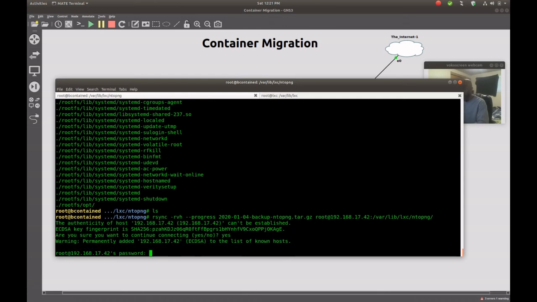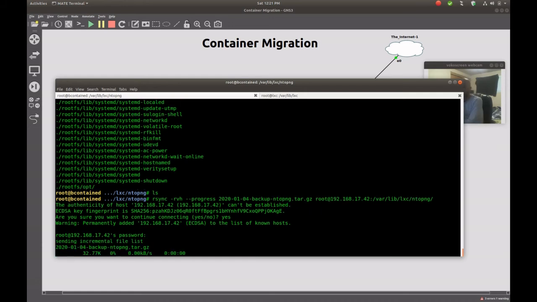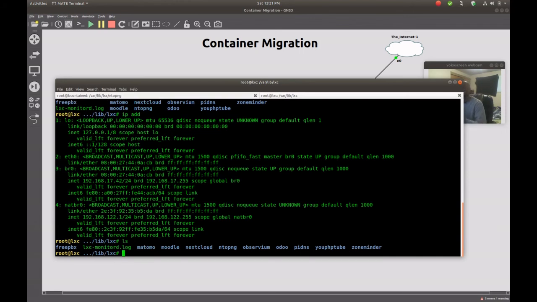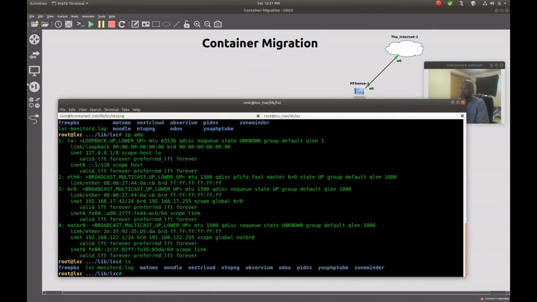And now it's prompting us for our password to the remote server. And there she goes. So that's copying over to the new server, which is here. And once that is done, well, actually, while that's copying, I'm going to go and